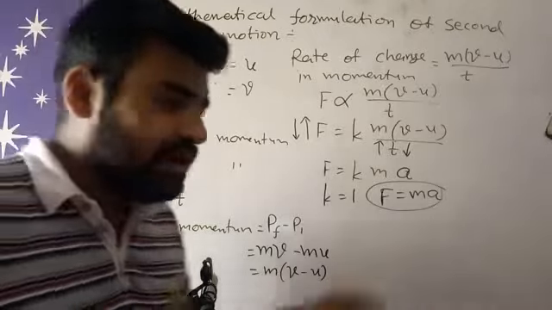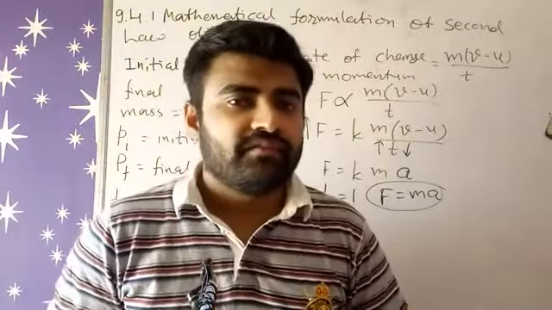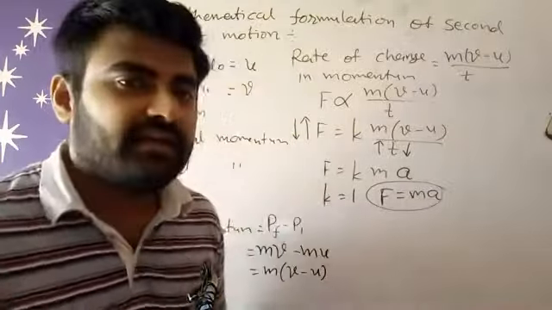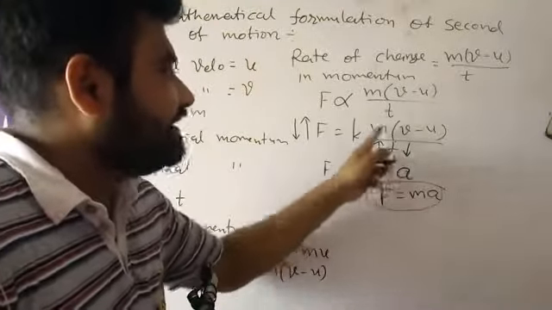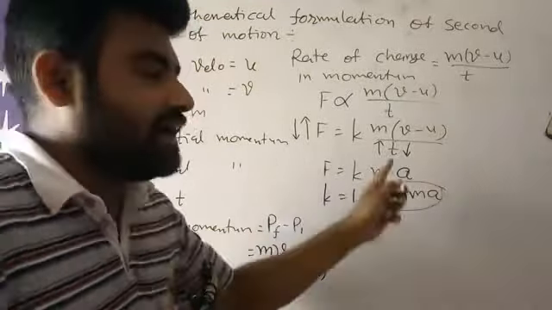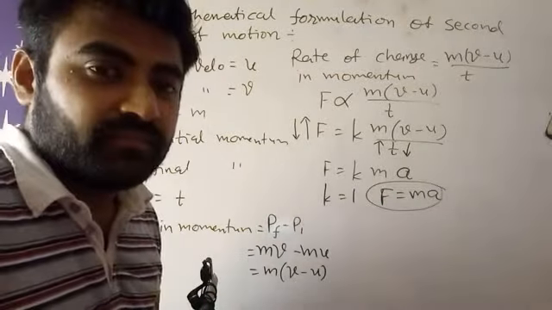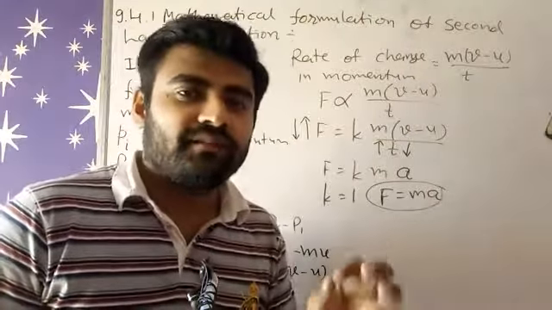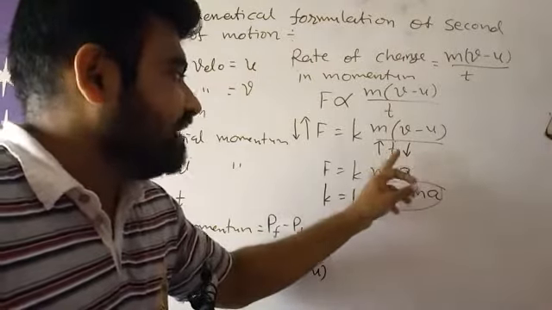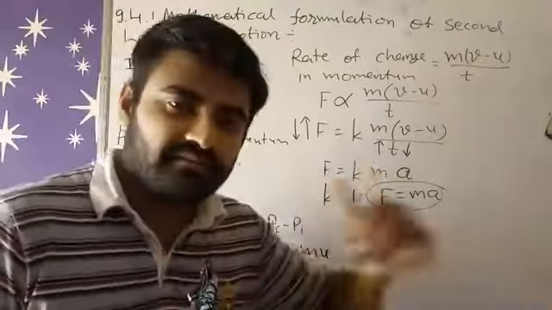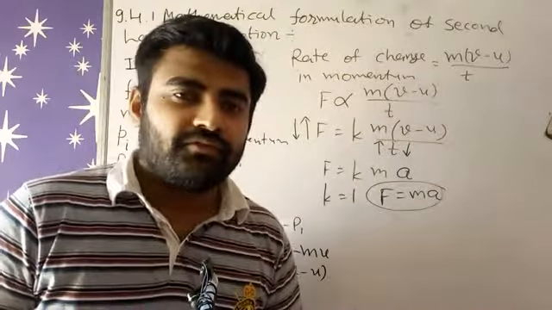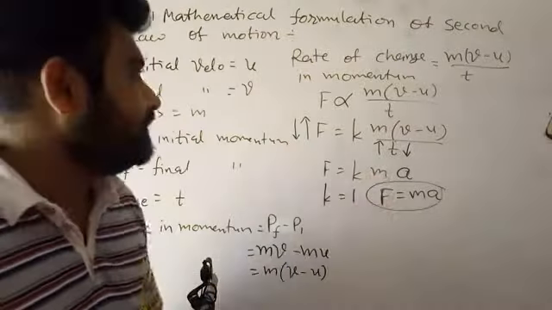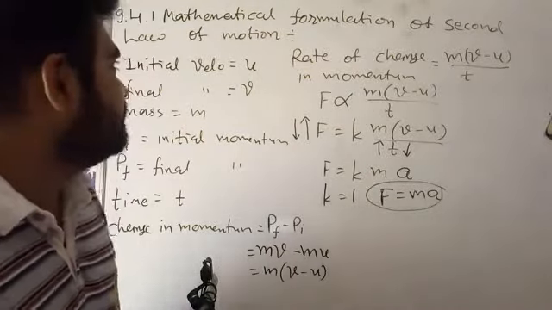Similarly, whenever a player hits a six, the player moves his bat very fast. If the player decreases the contact time between the ball and the bat, the force will increase. So we have both advantages, decreasing and increasing. When the player hits a ball with a bat, it decreases the time, and when the time decreases, the force increases and he can easily hit a six. So we have both the advantages of this force and timing. So that is the mathematical formulation of the second law of motion.